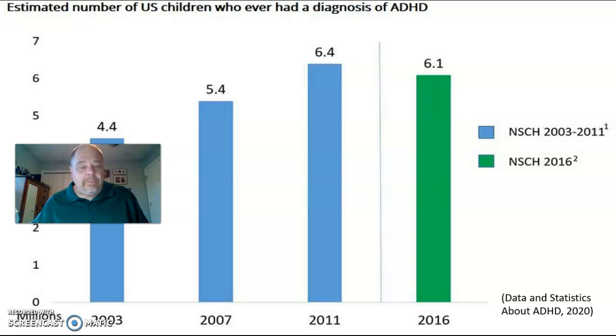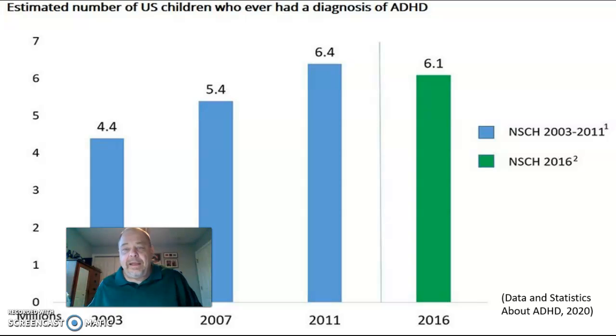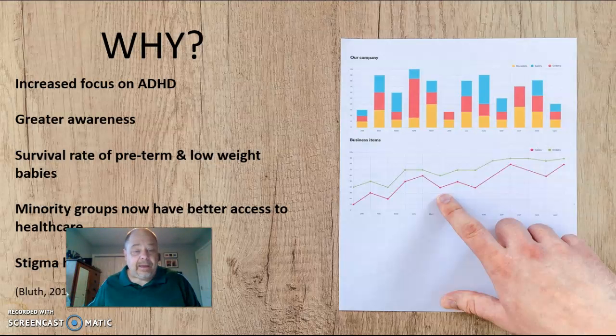Now, the estimated number of kids in the United States that have ADHD, you can see here it has grown over the years. The numbers start, according to the CDC, back in 2003. 4.4 million students were diagnosed with ADHD. That has increased as we become more aware of it, as it increased throughout the years. Now, in 2016, we did see a drop, and that was because the CDC started using different numbers to count the diagnosis of ADHD. So it did change, but we continue to see a rise in the cases of ADHD in the American school students. So let's take a look at why we are seeing that increase.